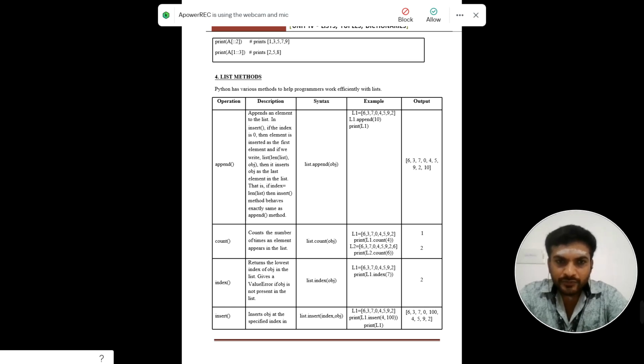Then list methods. We have a number of list methods. We will discuss a few important methods. The first one is append. So append appends an element to the list. That means we can add the